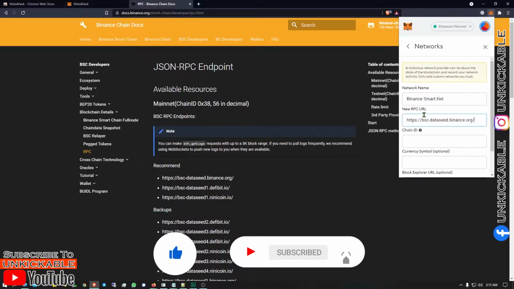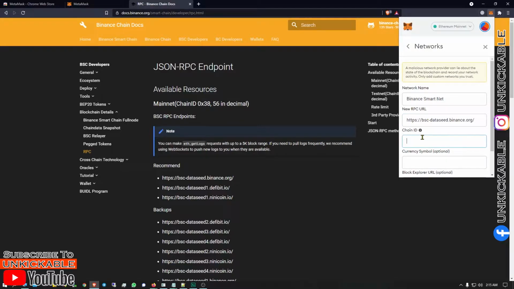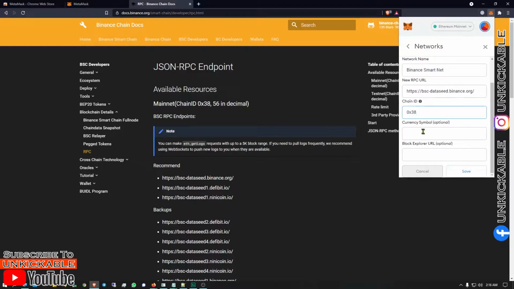New RPC URL, which is important. Chain ID, which is either 0x38 or 56 as given over here. Next is the currency symbol, that is BNB, as we all know, and save it.